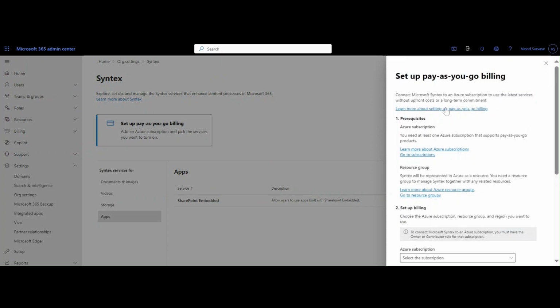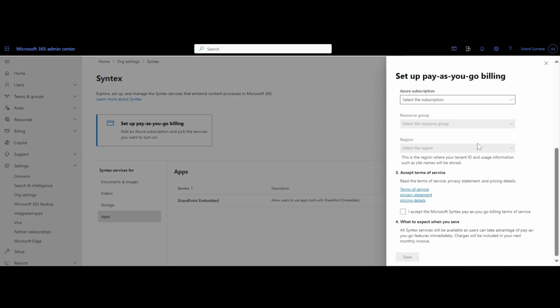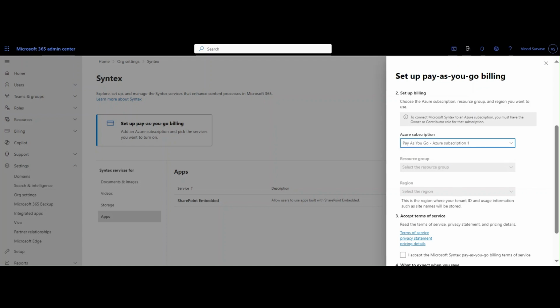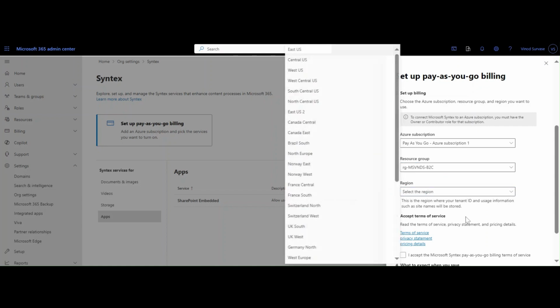So let's say I'm going to select it here. Here I have an option to select the Azure subscription, and then also I need to select the resource group that I wanted to use for this, and then a specific region where I wanted to store this data. Right. So let's say this one,